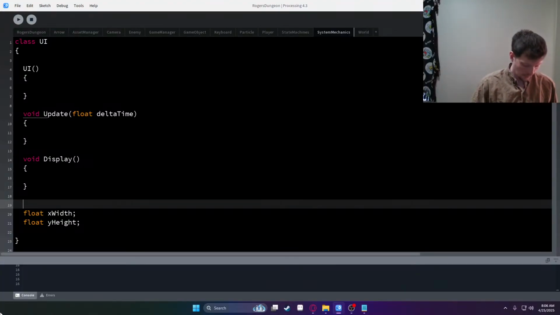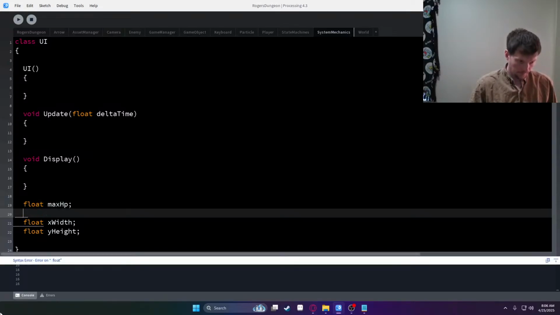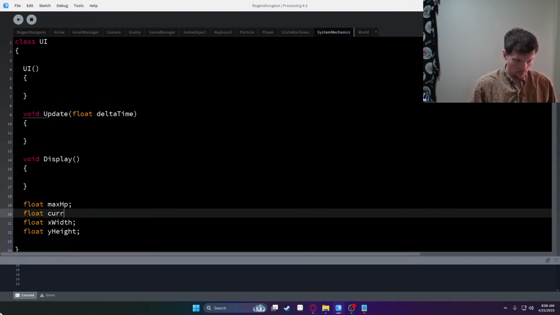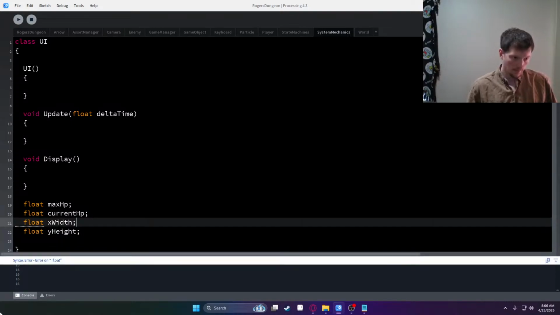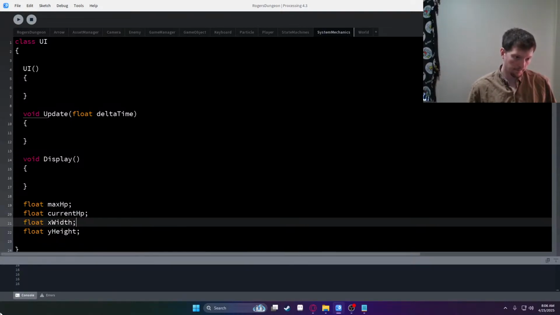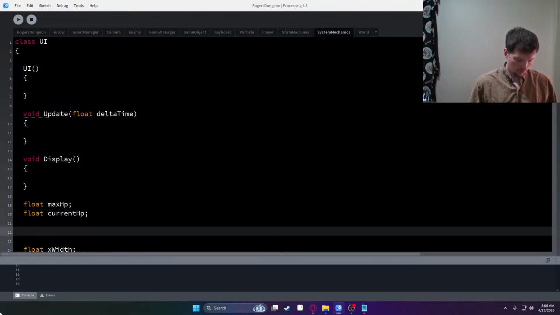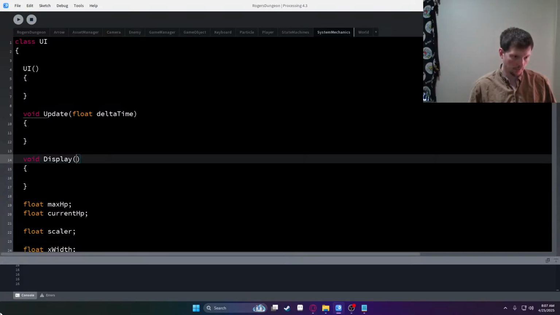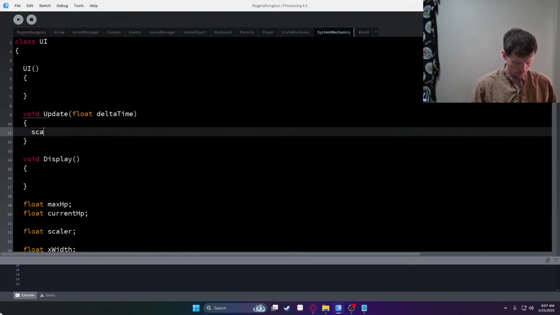So here I'm going to have a float for max HP and a float for current HP. That way we can track the max and the current, and the actual we'll call this a scalar value. So here, scalar is the current HP divided by our max HP. And this scalar here is what we would